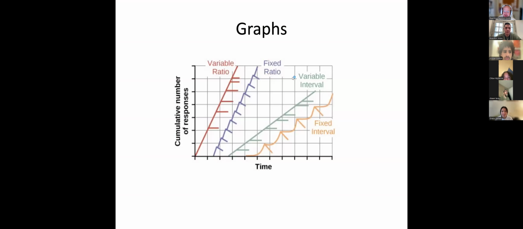So here's the graph again, and we see this variable interval schedule right here in turquoise or teal. And as you see, it's a steady rate of responding, because the person isn't sure exactly when reinforcement will become available on this variable interval schedule. So they kind of keep testing. They can engage in the behavior to see if reinforcement is going to happen. And again, because it's variable, it's very resistant to extinction strategies, which could be a good thing for skill acquisition behaviors. It could be a good thing because obviously in the natural environment, reinforcement probably won't be available for every single response someone engages in.